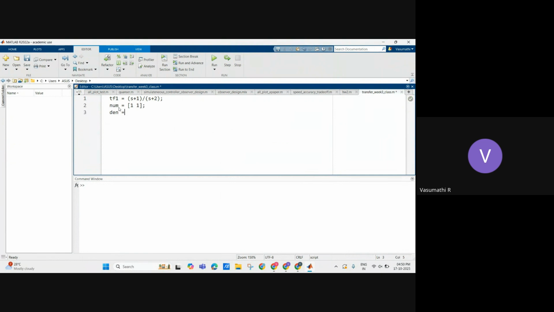Denominator equal to, in matrix notation, the coefficients of the denominator. So g1, I am considering the name of the transfer function, you just give it to tf, that is a keyword here, tf of numerator comma denominator. You can straight away write the matrix there also, right? That's it. So if I run this,